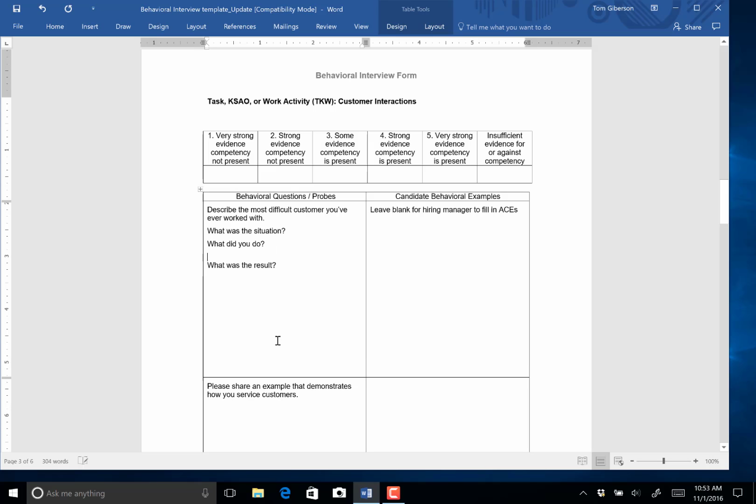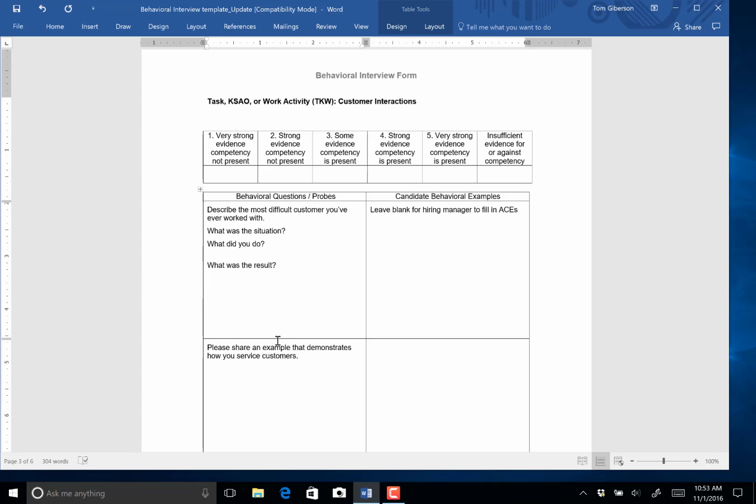Those three things are the things that we're looking for anytime we go through a behavioral interview. Those are the things we want the candidate to respond to. And if you are going through a behavioral interview, those are the things you should be responding to. Then up here up top is a simple scale that the hiring manager can use to score this particular area. And as it says, leave blank for the hiring manager, and the STAR is simply a shorthand for the situation,